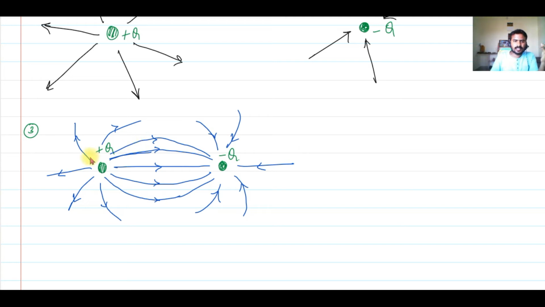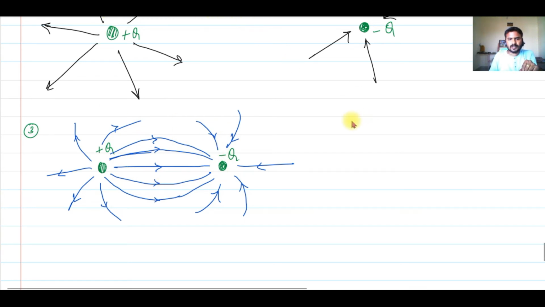So you can see that the electrical field lines start from the positive charge and terminate at the negative charge. That's actually a property of electrical field lines, which we will discuss in the next section. So if you have a positive and a negative charge, then the electrical field around it will look something like the way that I've drawn here.